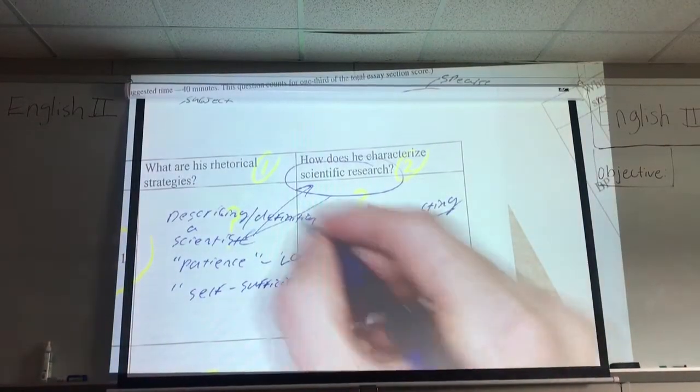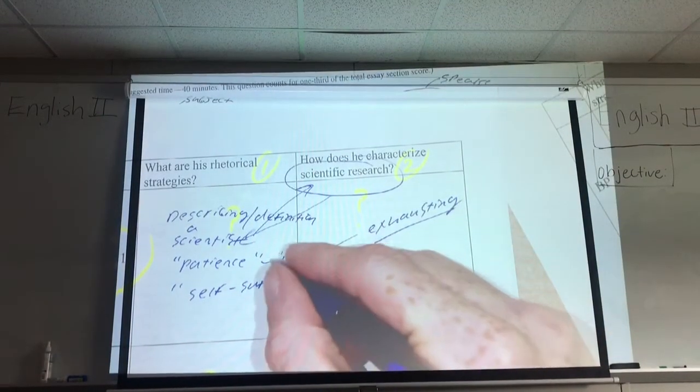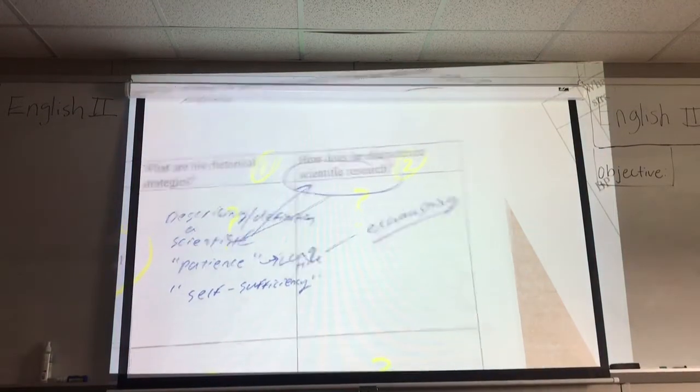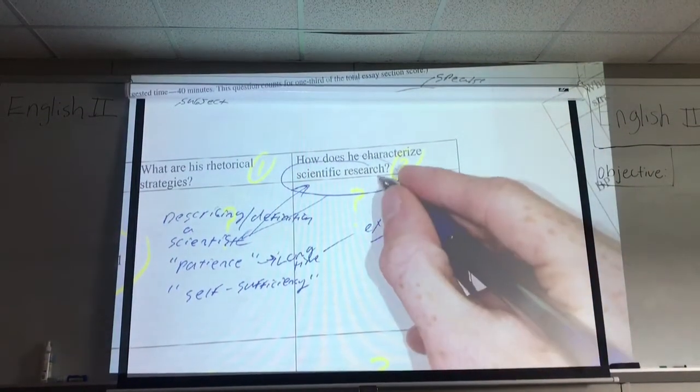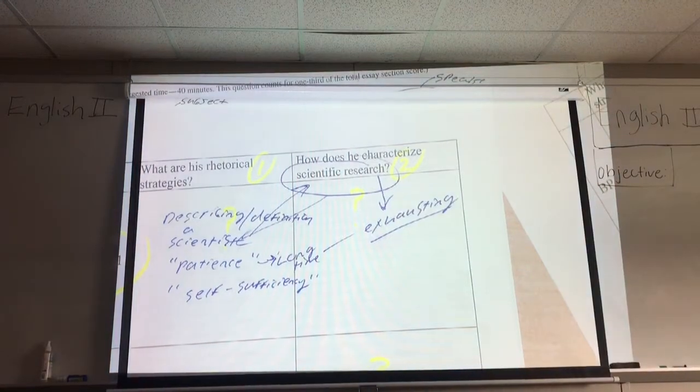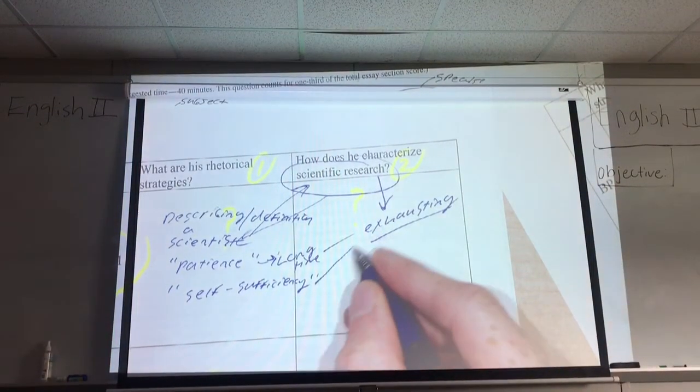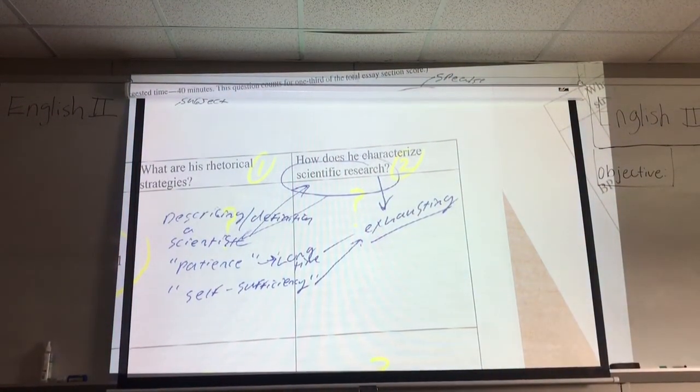Because of that inference that I drew from patience being something that takes a long time, I'm able to infer the scientific research, therefore, is exhausting. And I know that self-sufficiency also supports this idea. Now, if I